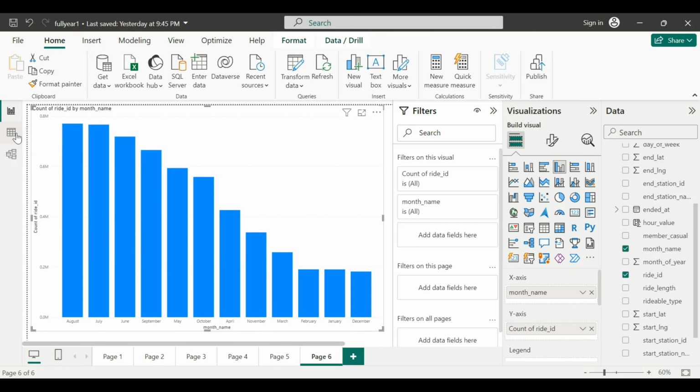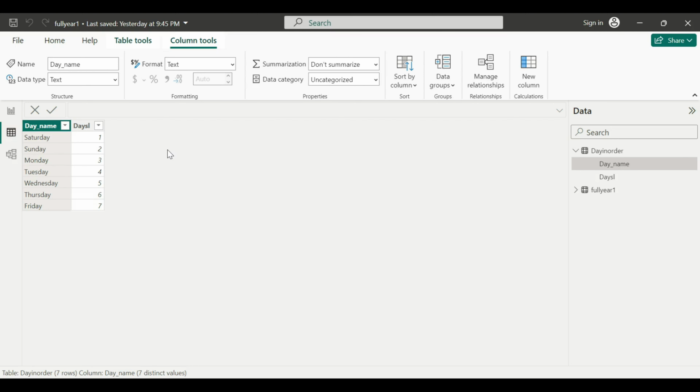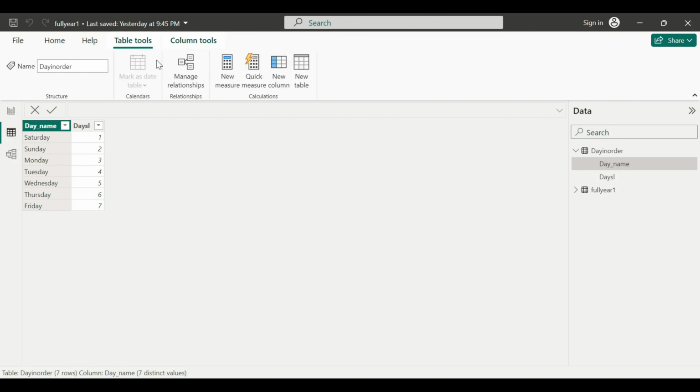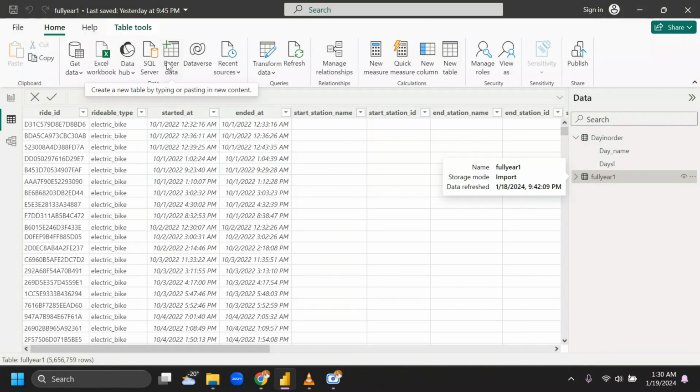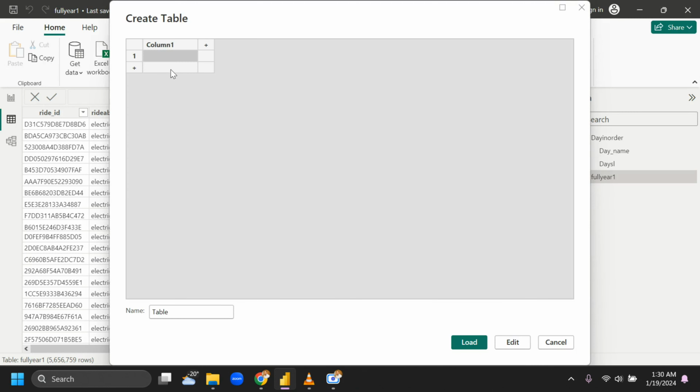In order to solve this problem, we will come to the table view, and in table view we will go to enter data under the home tab. What we want is to create a new table in the order we want. We will click on create table, and here we can create a new table. On column 1, I will give the name month name, and we will give the month names chronologically in order: